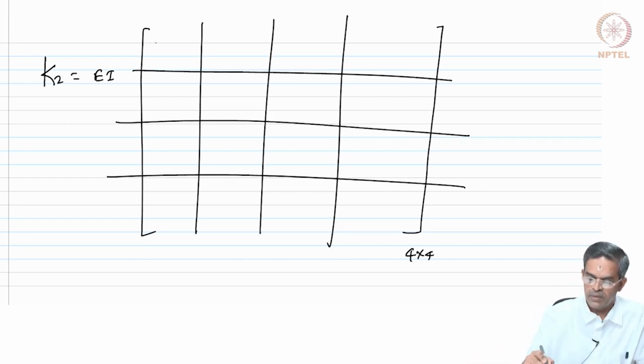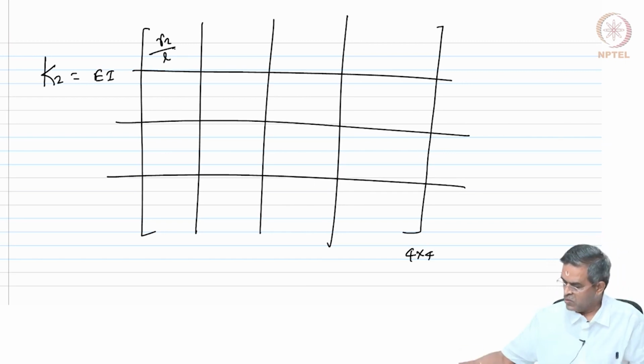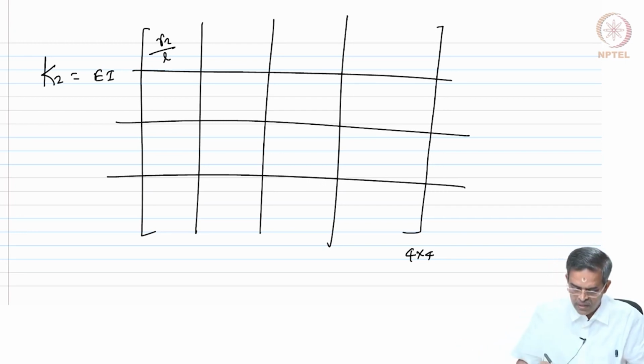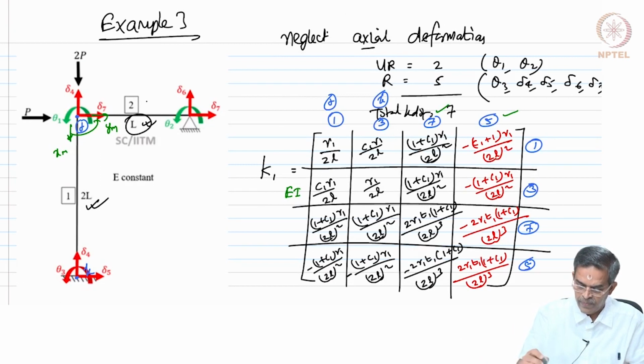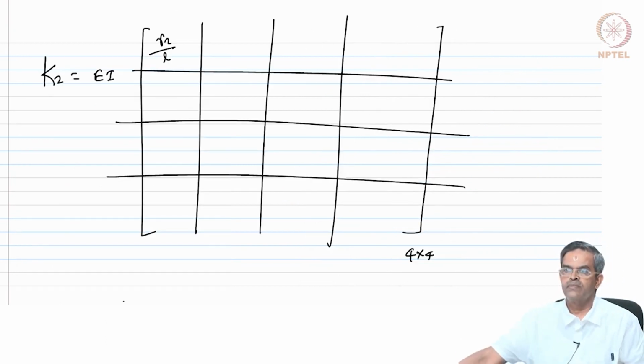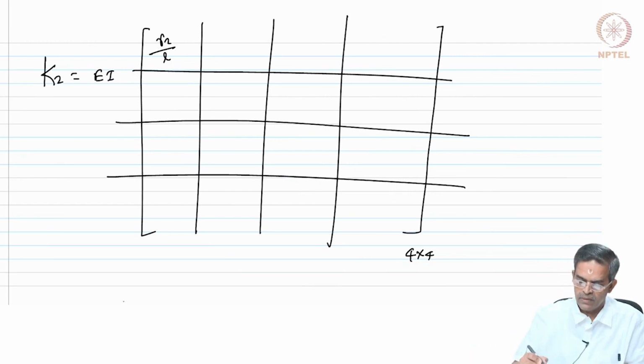So this is going to be R2 by L, because you see the length of the member 2 is only L, okay. The length of the member 2 is only L. So R2 by L, then C2 R2 by L, 1 plus C2 of R2 by L square